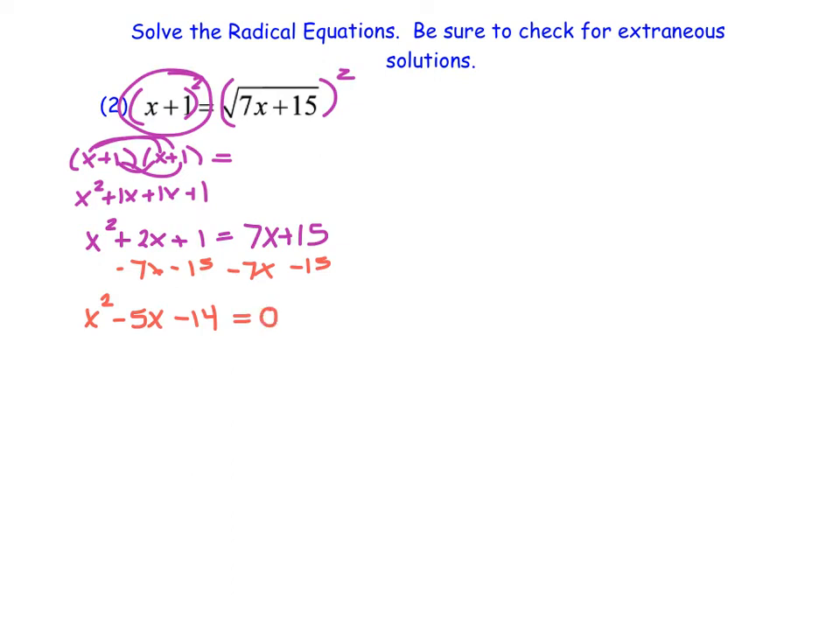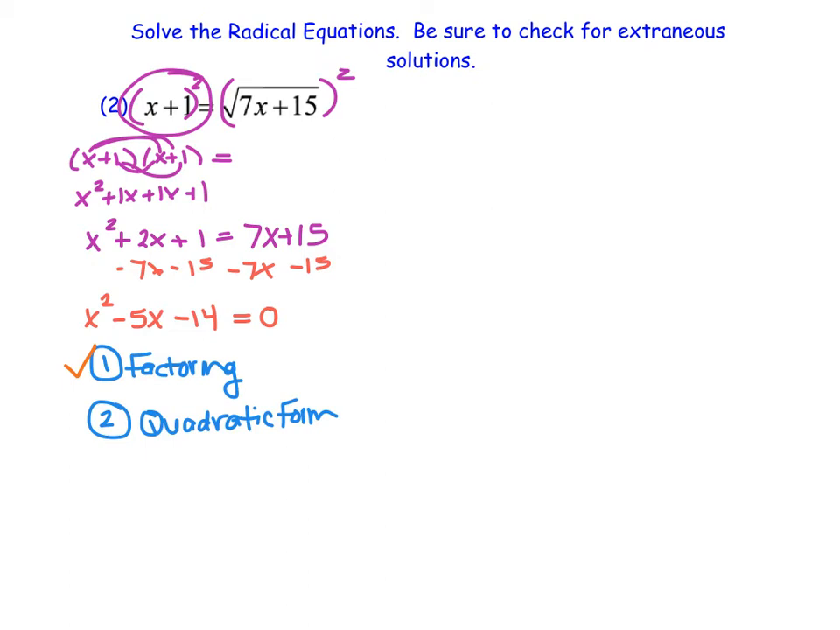So I have a quadratic, and remember, you have two different strategy options for solving a quadratic. One is to use factoring, and two is to use the quadratic formula. Now, it doesn't matter to me which one you use, but they will both work. So for this case, I'm going to choose to use factoring because I can actually factor this pretty quickly by